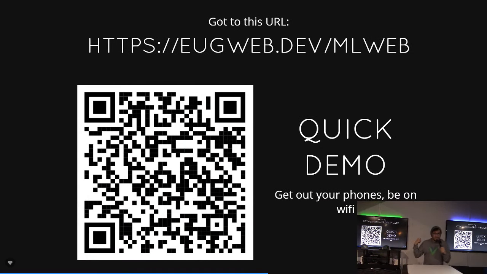So this is the demo part. I hope it works. If you have your phones, you can go to this webpage, and it should do image recognition already. And this image recognition is a pre-trained model. So this was very easy for me. It is just going to try to guess objects. And if you're sitting in the couches, I put some objects out. That was not a terrible breakfast that I set for you guys. It's actually stuff that you can try and see if the phone will guess it.